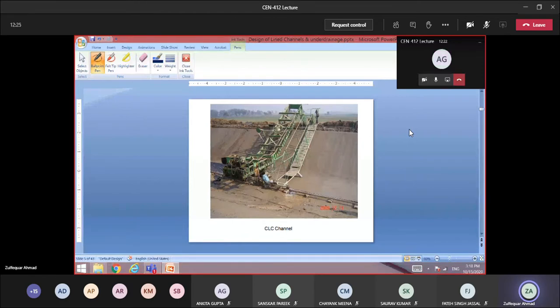Now, this is the CLC, the carrier lined channel of Haryana. You can see how they are constructing this canal, in particular how they are paving the surface and providing the rounded corners. You see here the paver that is being provided, a suitable paver that is first fabricated and then used for laying the concrete.